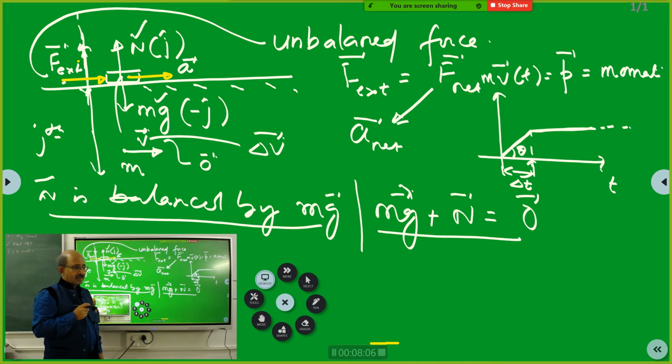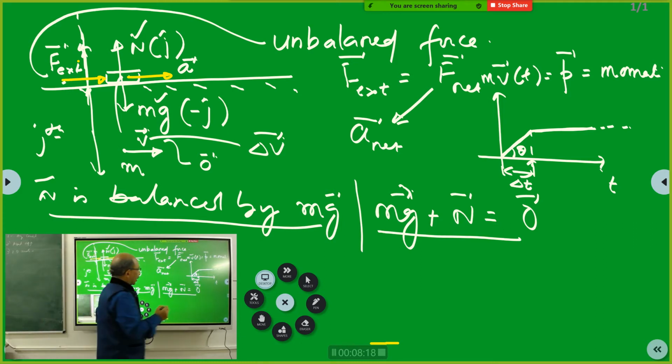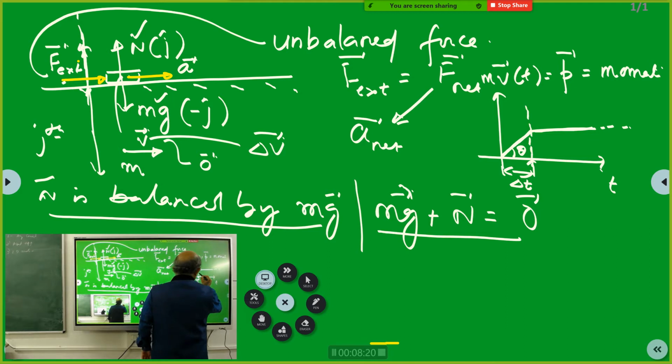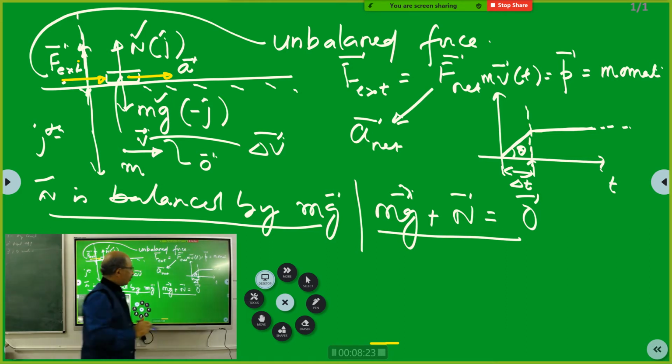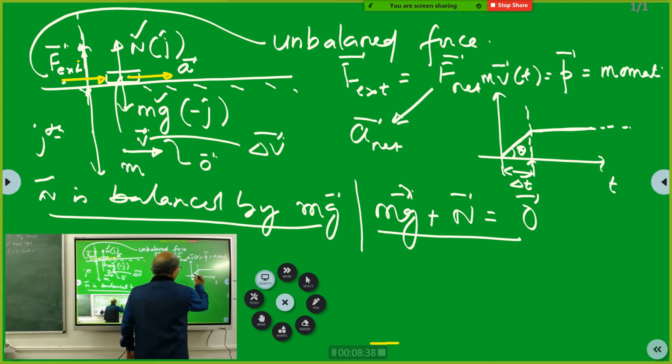The nature of the graph won't change. That is the first answer you should give. The shape of the graph will be the same. That is the first answer that you should tell. Because at this point, definitely the momentum will change during the time interval delta t. After delta t, it will not change. Correct? As your friend has rightly pointed out, say you have taken some point here.